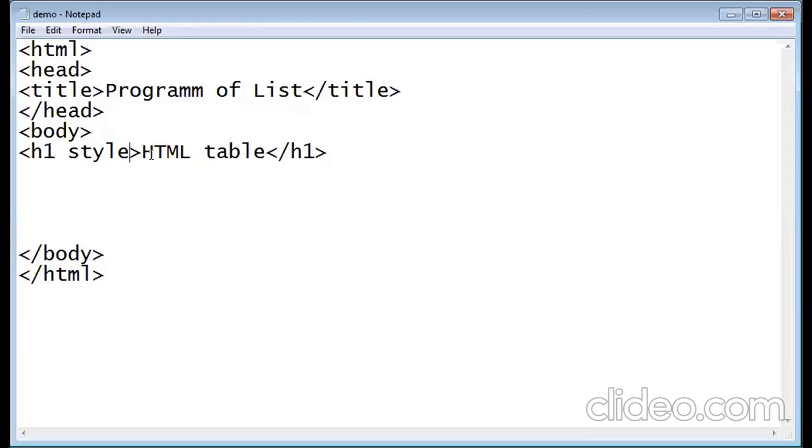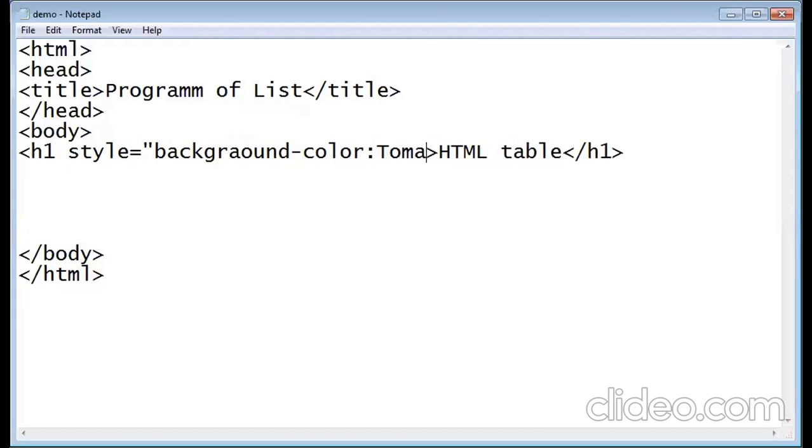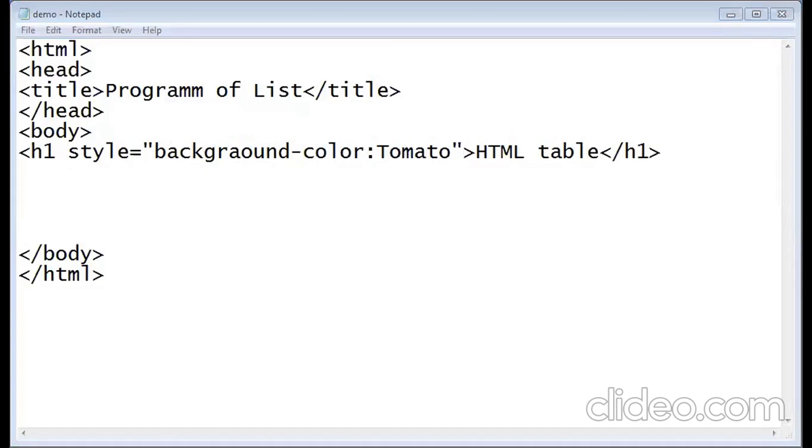In the style attribute, you have to give the background color parameter. Then the background color will be, suppose, tomato. Complete it, save it, go to your web page,